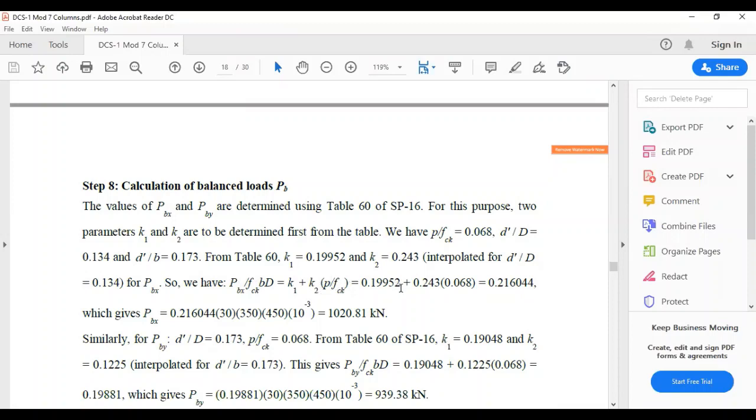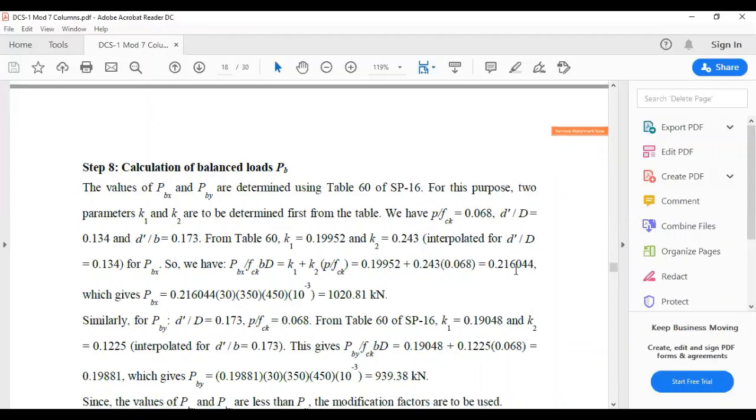K1 is 0.19952 and K2 is 0.243. P upon FCK is 0.068, and it comes out to be 0.216044, and which gives PBX as,